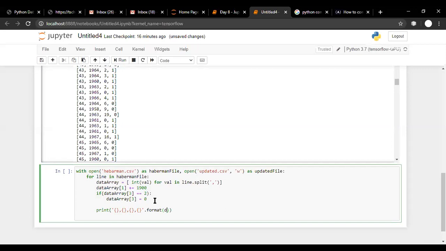So here it will be data array of 0, that is our first value, then data array of 1, that is our second value, then data array of 2, that is our third value, and then data array of 3.